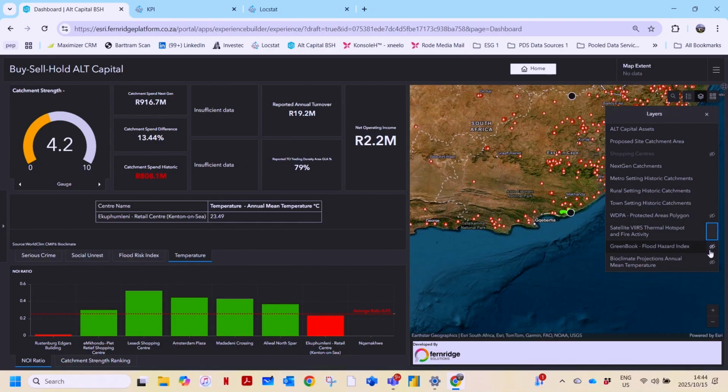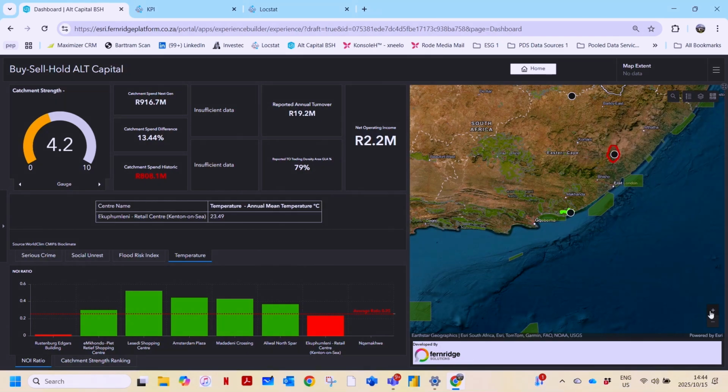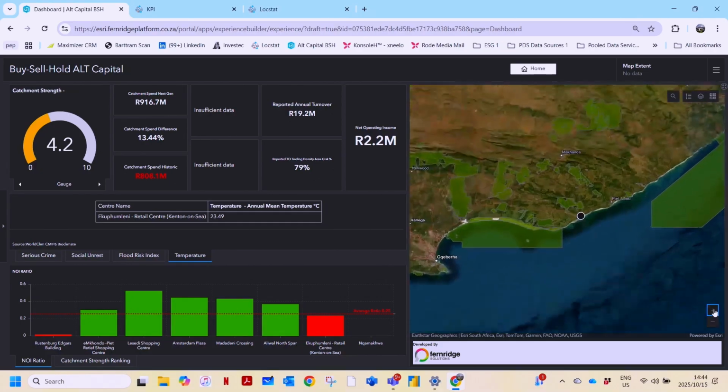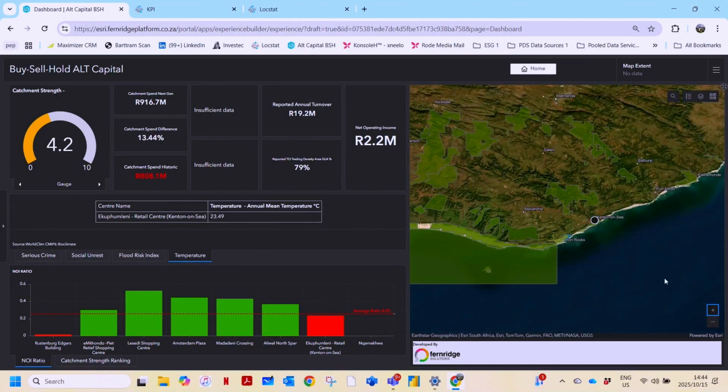We're able to look at whether you're on a protected nature area. So that hasn't come through all that pretty at the moment, but I promise you it is there. So once again, those are the wildlife or natural protected areas, and you can see that